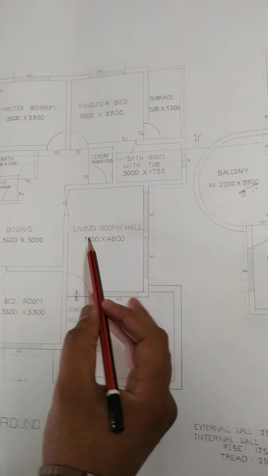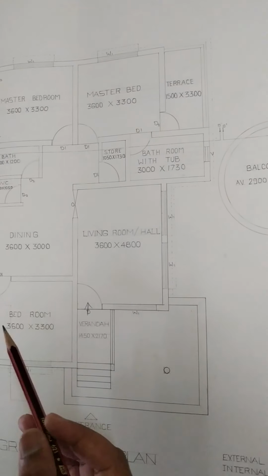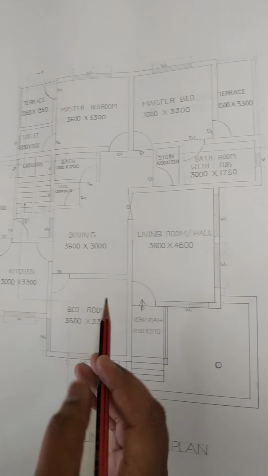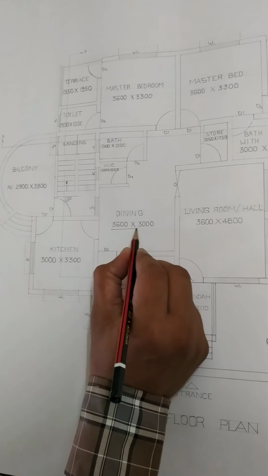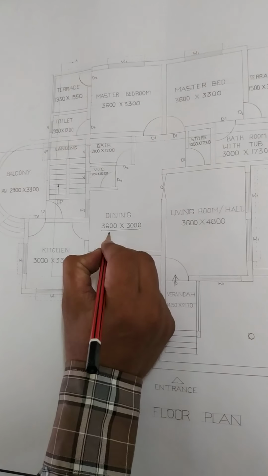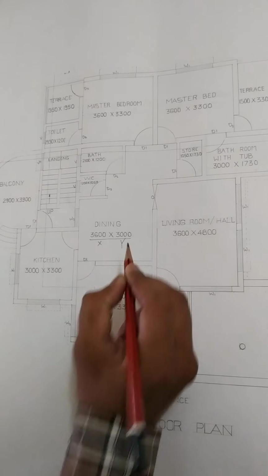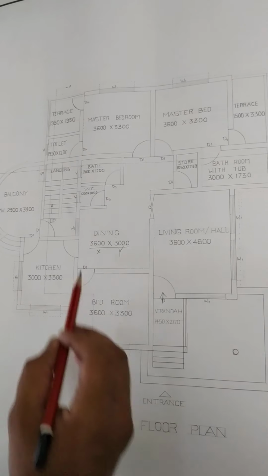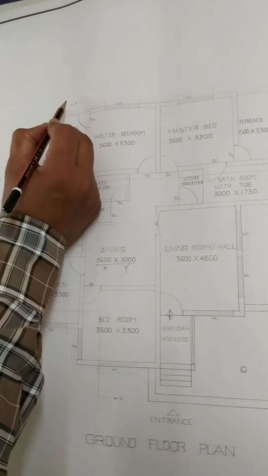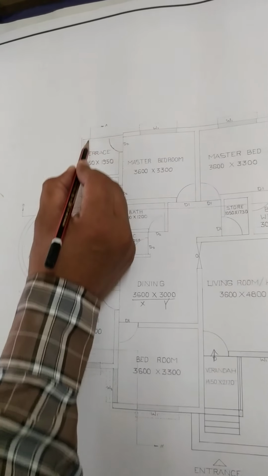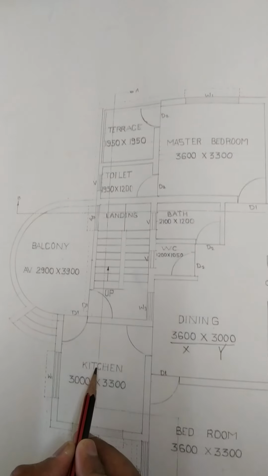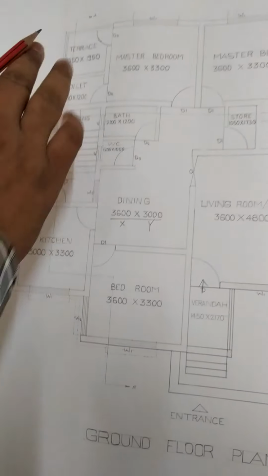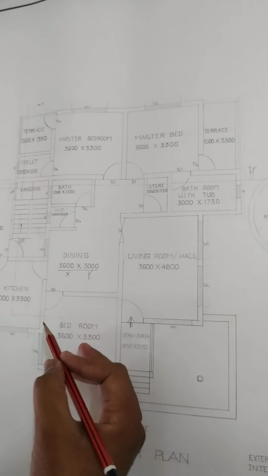We are aware that a building or bungalow is accommodated with living rooms, bedrooms, dining, kitchen. So these are the dimensions which we are using in this sheet. This is the horizontal dimension and this is the vertical dimension, the x direction and y direction. In this way we are going to develop the plan. This particular line which we can see in the plan is nothing but the section line, which passes through the essential or main components of the building, which we need to show in the separate sectional elevation sheet.